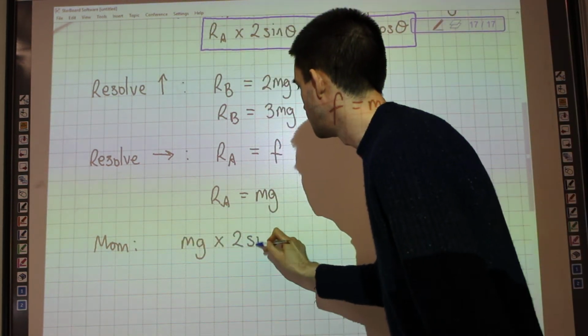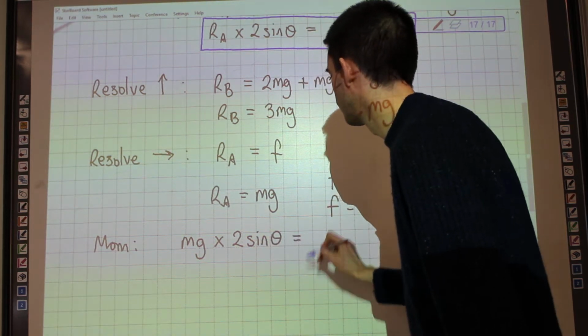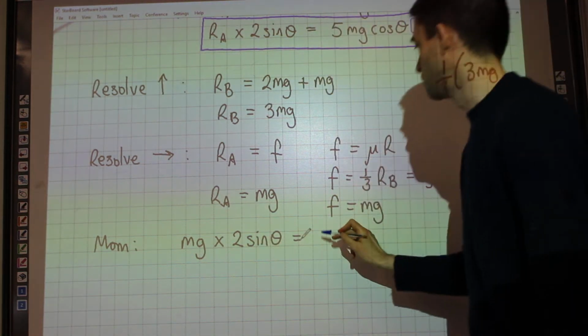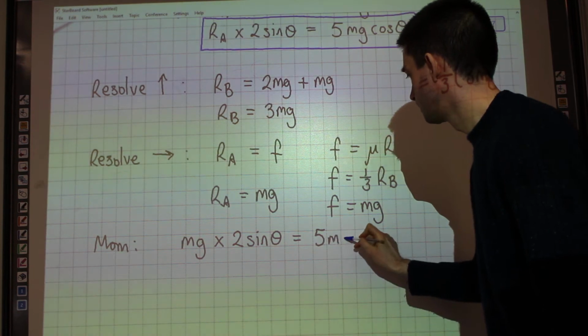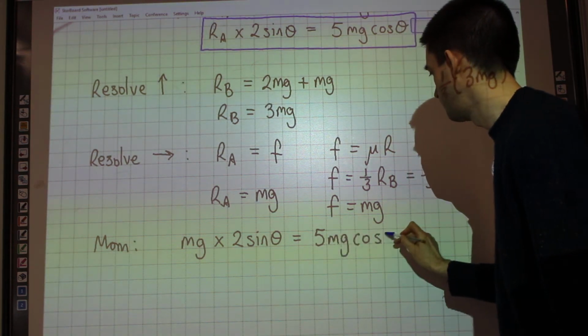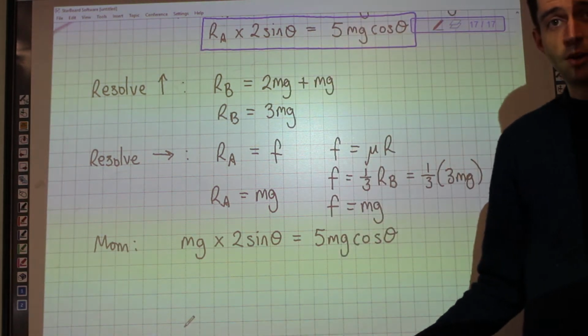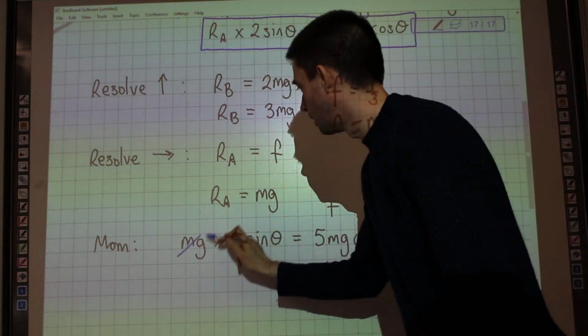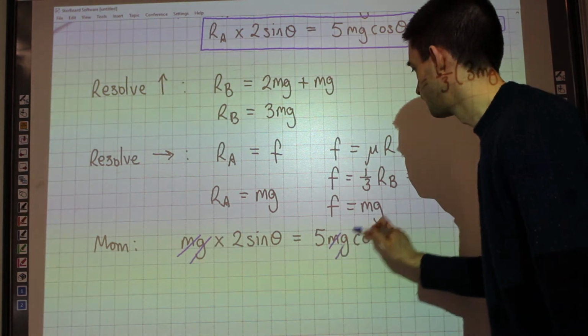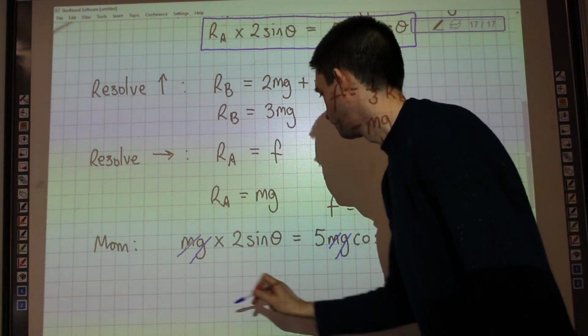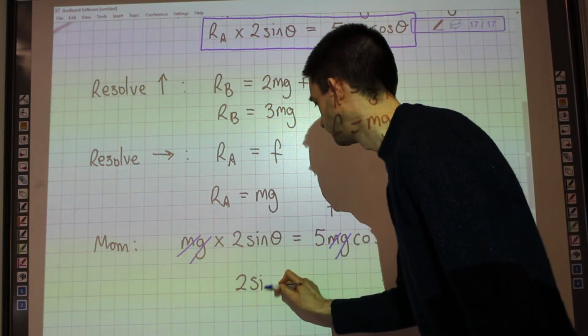mg times 2 sine theta is equal to 5 mg cos theta. As a result, M and G on both sides of the equation, I can cancel those out, leaving me with 2 sine theta